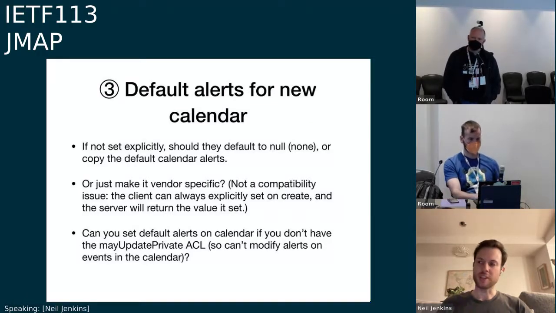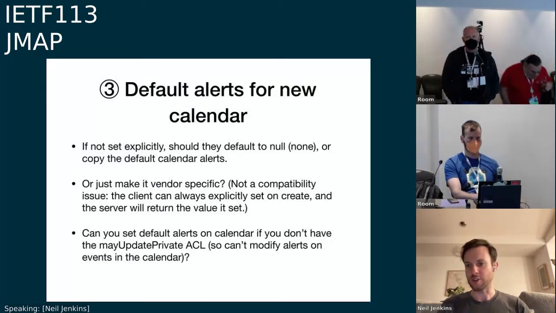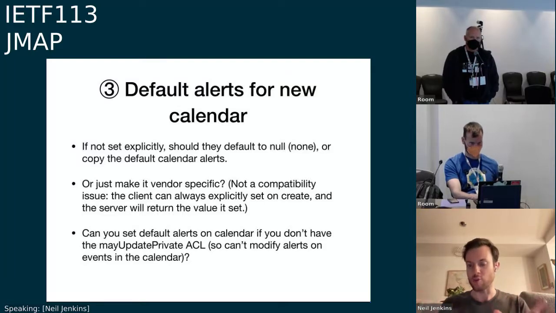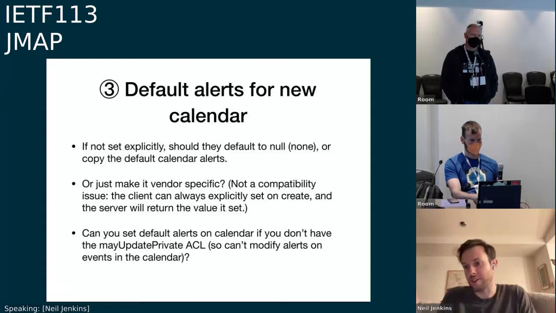Yeah, but I mean, in this case, it's not attaching anything to it in the spec as such. It's just saying that when you create a new calendar, if you don't explicitly set, if you have one, okay. All right, that's a different story. All I'm saying really here is, if you create a new calendar and the client doesn't explicitly say use these default alerts, including the category of I don't want any, then the server is allowed to set whatever default alerts it wants, which might be copying over from your default calendar or might be something entirely different. Whatever, it's going to tell the client, so it's up to the server.